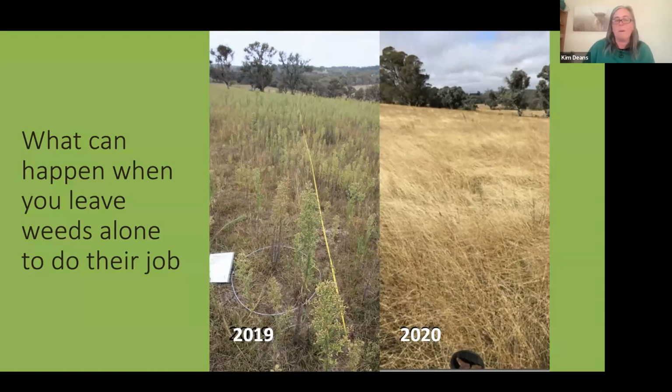Sorry about that, folks. So yeah, with your step point monitoring technique, you put a line on the tip of your boot. Every step you take, you mark what plant that line is on. And then if you've taken 100 steps, you've got a percentage. Now, this paddock was only 20% fleabane, but then if we take that measurement and we leave it alone, say the next year there's still a bit of fleabane there,